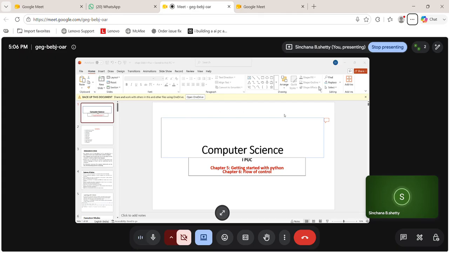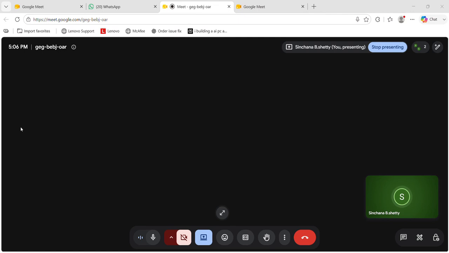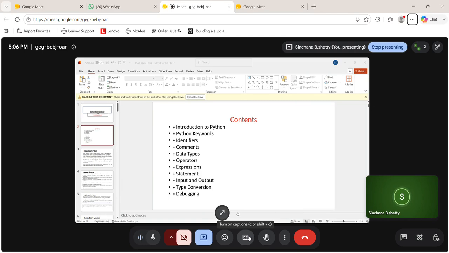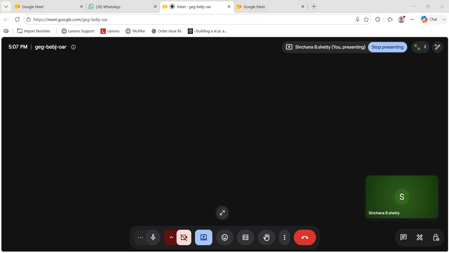Our fifth chapter is getting started with Python, and in this chapter we have the contents: introduction to Python, Python keywords, identifiers, comments, data types, operators, expression, statement, input and output, type conversion, and debugging. And the first one is introduction to